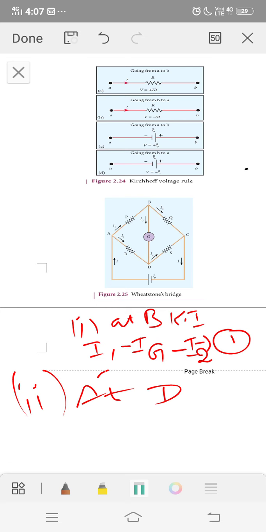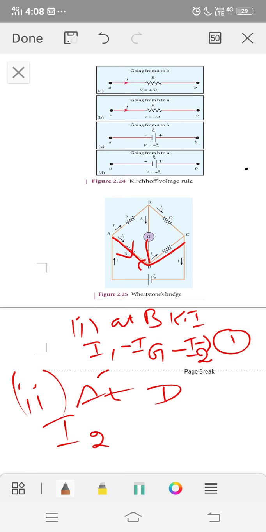At junction D, there are three connections we are going to discuss. So this and this and this. First, the current is entering and passing through the resistor R. The current entering the resistor R is nothing but I2. Here it is entering, so I am introducing the sign convention plus I2.